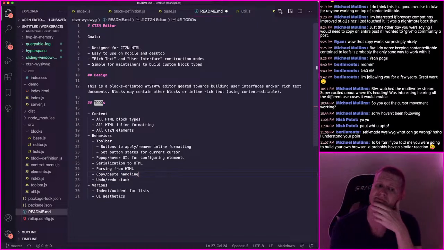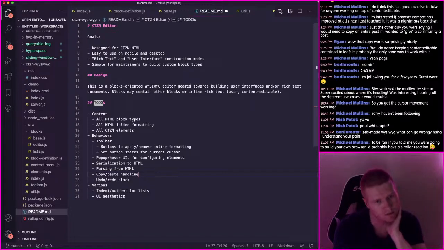Alright, that seems like a pretty healthy to-do list. So I've got to implement the toolbar, have the buttons apply and remove inline formatting, and set the button states for the current cursor, so they're pressed, depressed, or disabled depending on what you're looking at. Need to get all the pop-up and hover UIs for configuring elements. You've got serialization